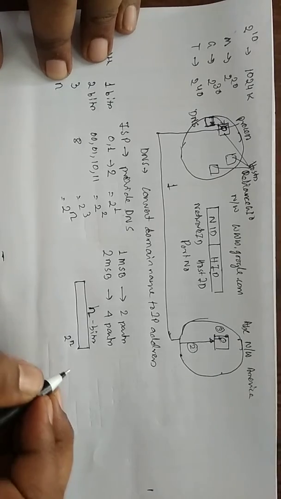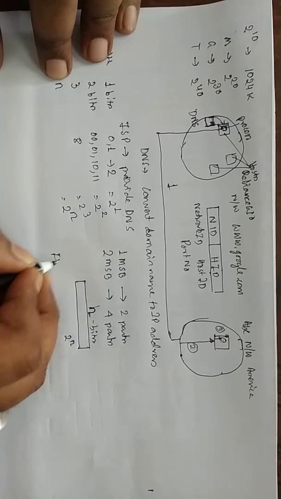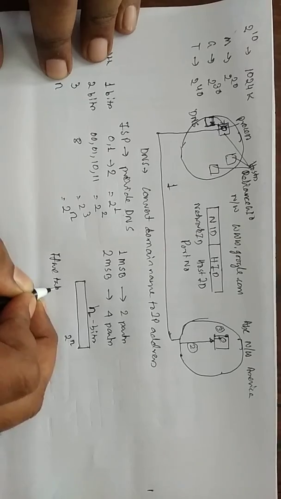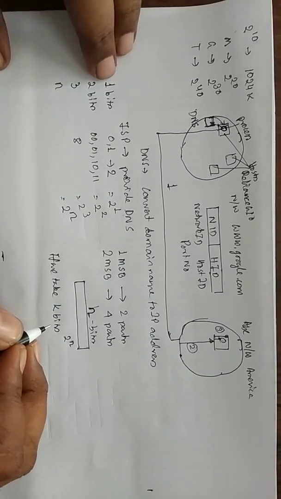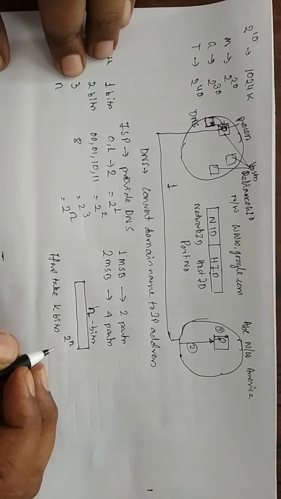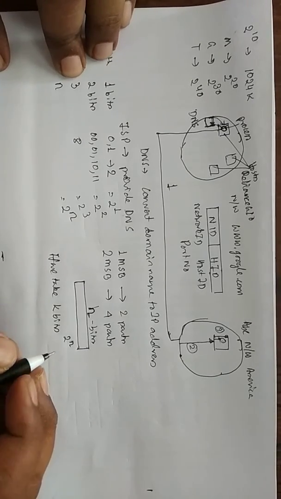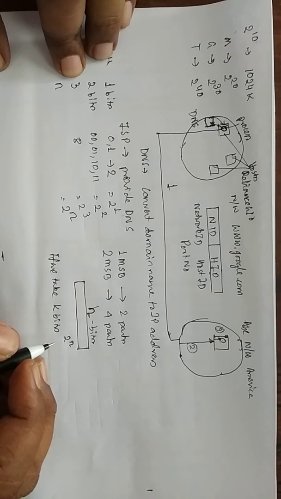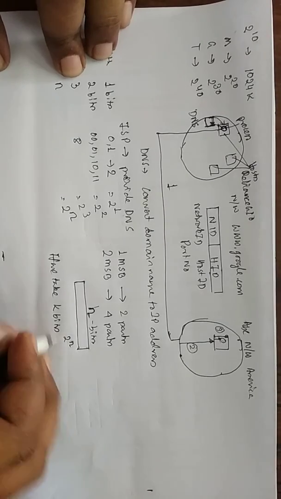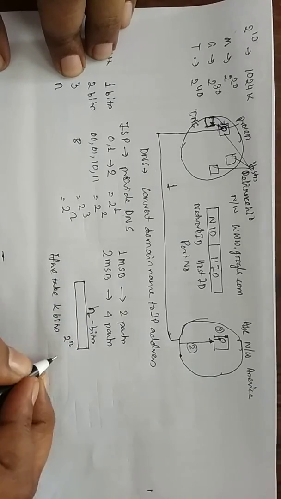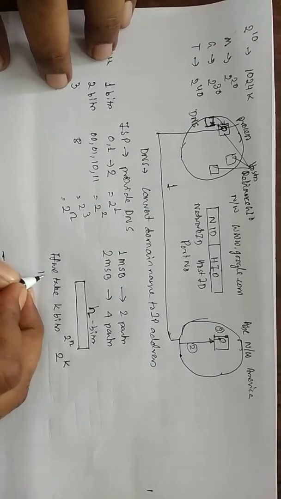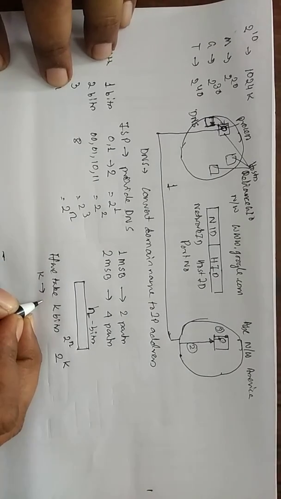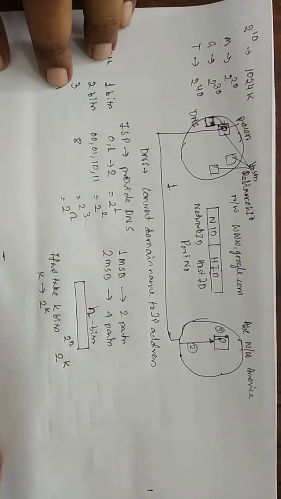Okay. So if we take k bits, suppose I take k bits, 1, 2 up to k. With k bits we can divide the entire number system into how many parts? It is 2 to the power k. Okay. So for k bits we could divide the number system into 2 to the power k parts.